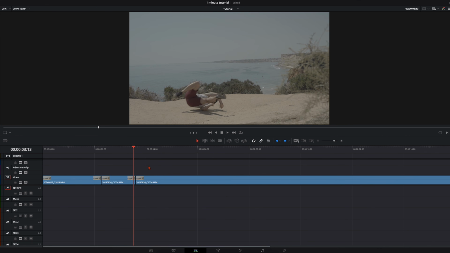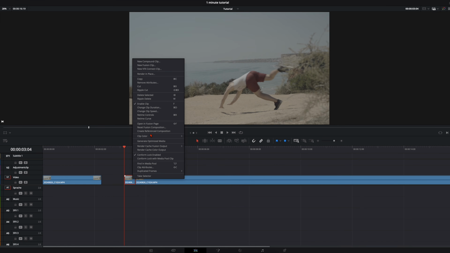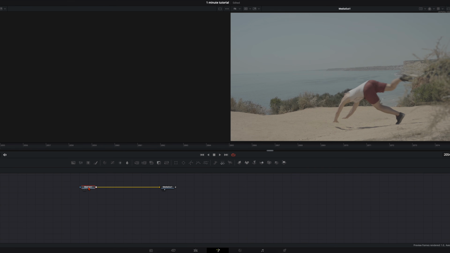Then go back to a frame where you're fully in the air, like I would take this one. I'm not fully in the air, but it should work with that. And then take a cut here too, and this before here you can delete. You don't need this. Then you take this small piece, open it in the Fusion page, select the first node,